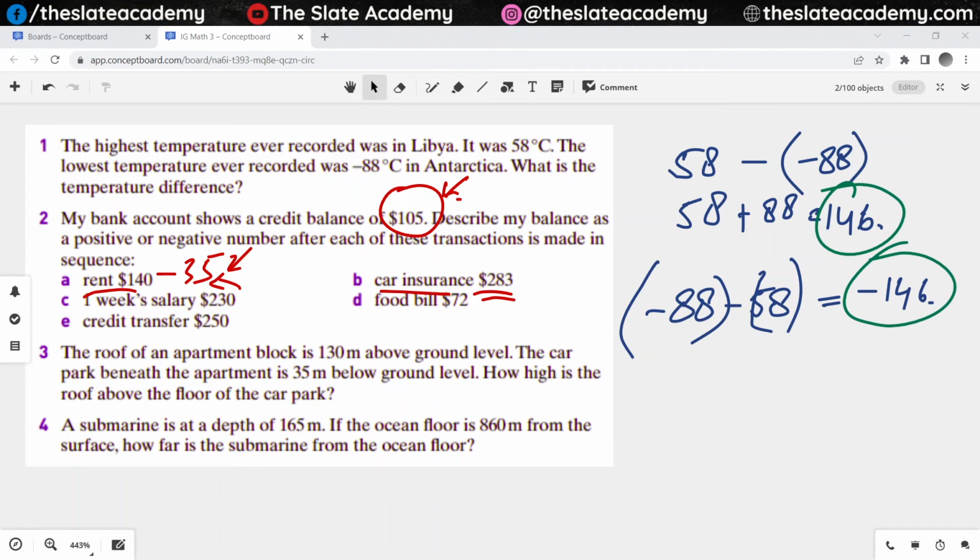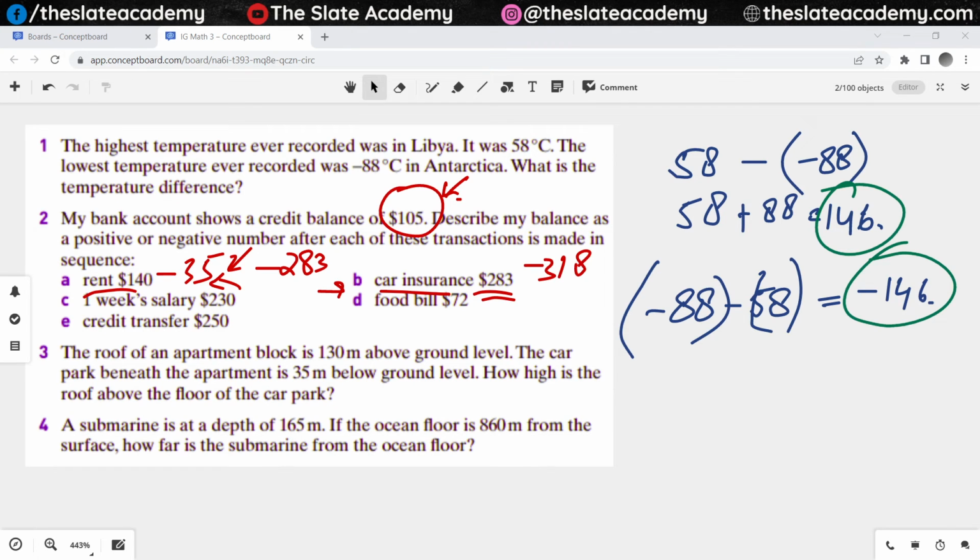If you're making a payment, would that increase or reduce your balance? Reduce. So should you add or deduct? Deduct. So minus 35 minus 283